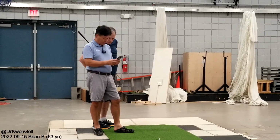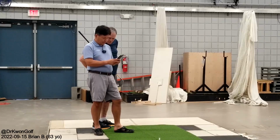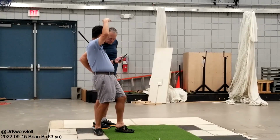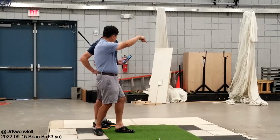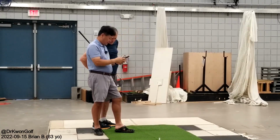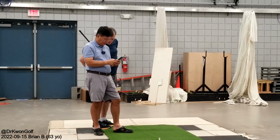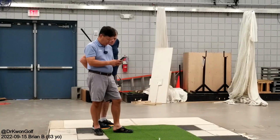But the body posture is good here. So we only need to, I think, work on the end of the backswing, make the backswing a bit longer and have more time. Yes. Okay. And then the down the line view here. Go up here and then